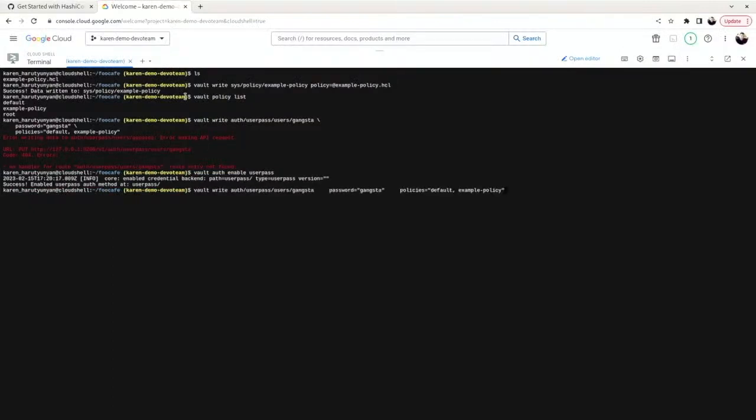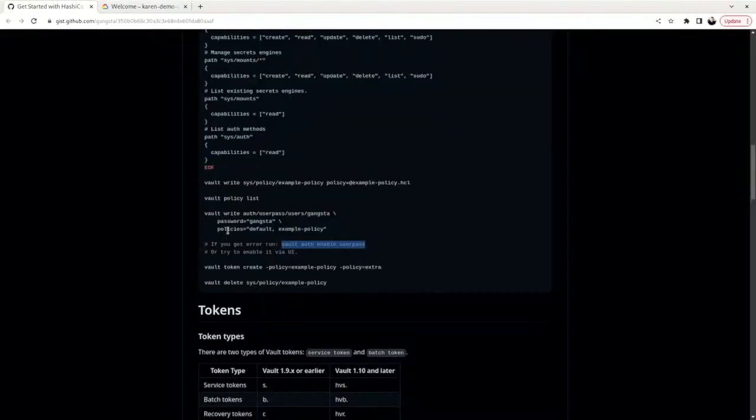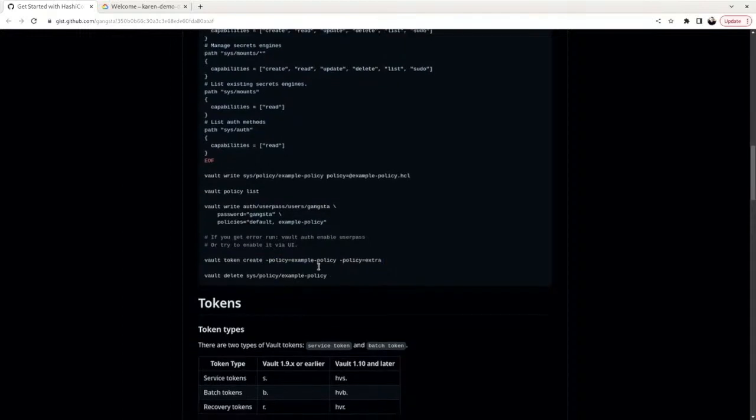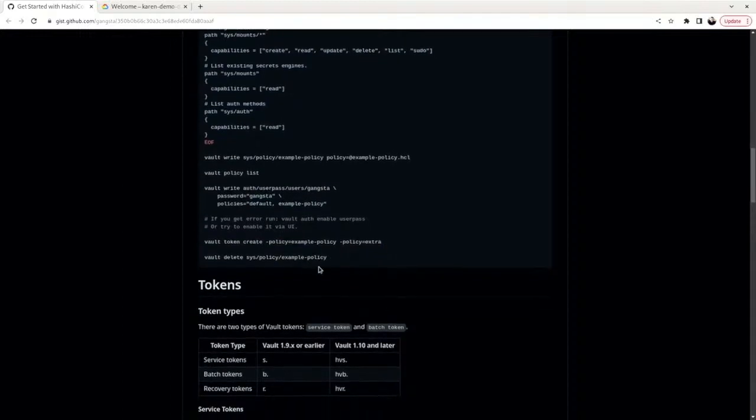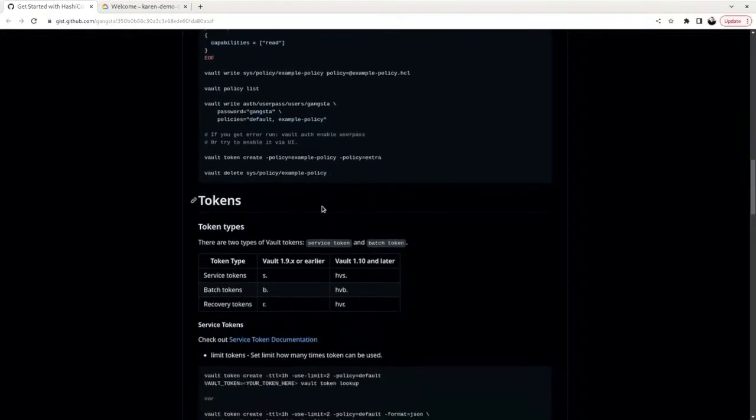So I'm creating a user and password, and it's there. So what is going to happen? You can create a token based on the policies and so on. We will create them later when we move on to the token part. And of course you can delete the policy if it's not used anymore.